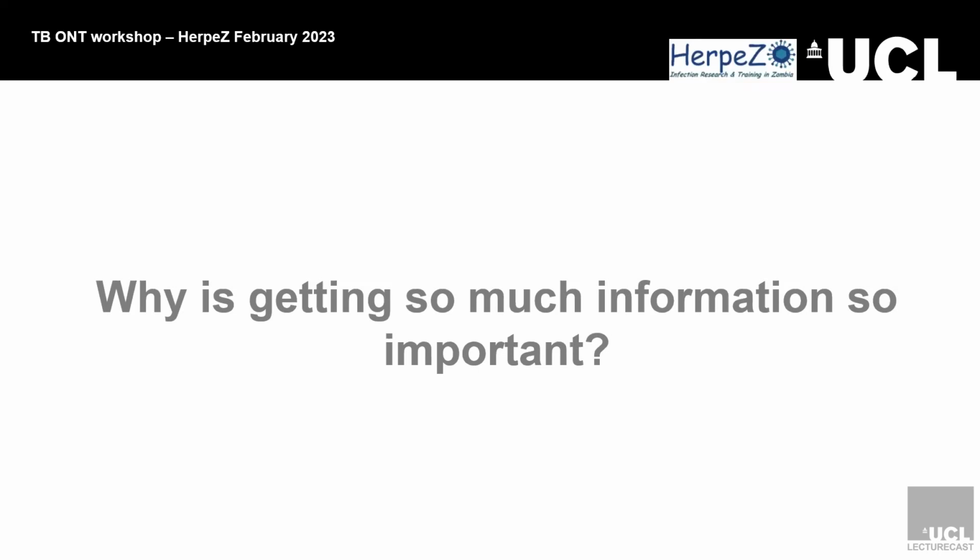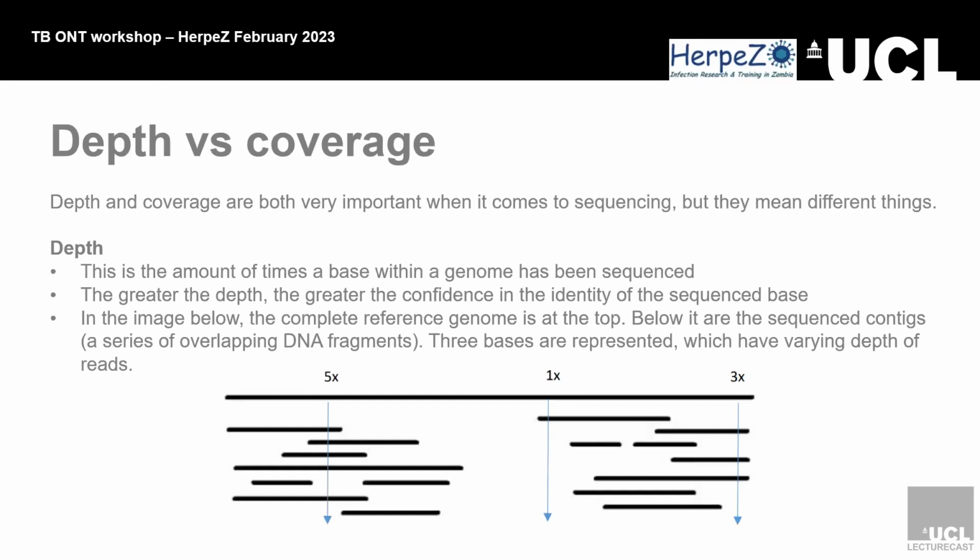When we're doing sequencing, there's what we call depth, and then coverage. Depth pretty much means that at a particular position, for example position 10 in your sequence fragments, you want to know if it's an A, T, G, or C that's there. When you get a reading, it will either be A or, let's say, T, at that particular position. If you've got 10 fragments that have aligned to that position